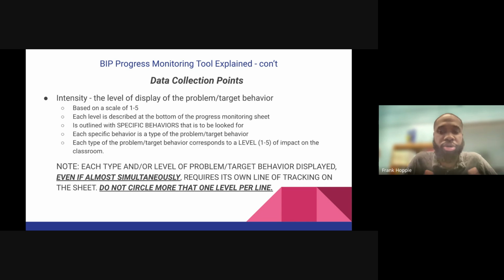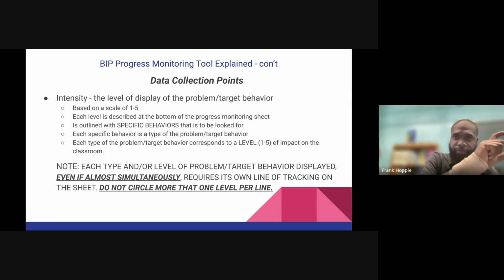a first level behavior, and does it for a couple of seconds, and then jumps immediately to a second level behavior, you're going to focus on the second level behavior, as long as that first level behavior comes literally right beforehand. But in the event that a child has been doing that first level behavior for at least a minute, you want to track that behavior too, because what we've been finding is that there's a lot of circling of multiple levels on each line.